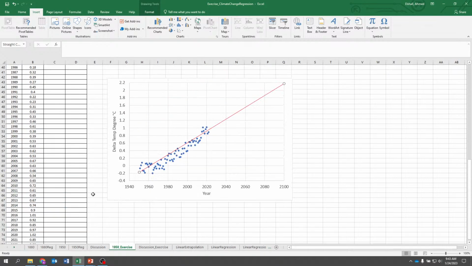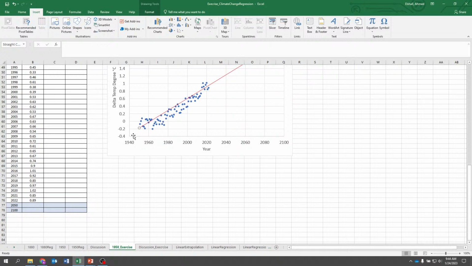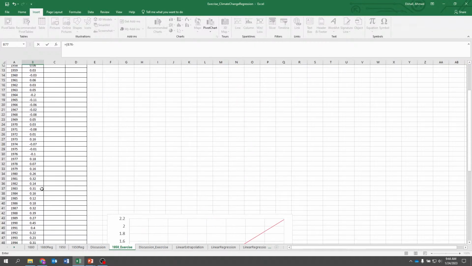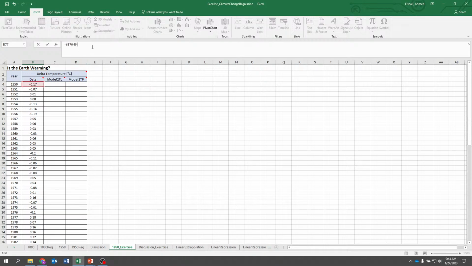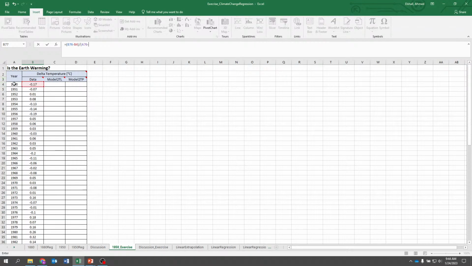So for example, let's find this. I want to project this to 2050 and to 2100 to extrapolate. So I found the slope. So how to find the slope? So that would be my delta y over delta x. So now that's the slope,